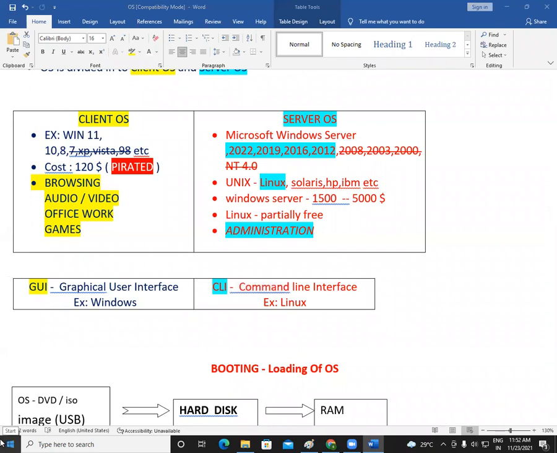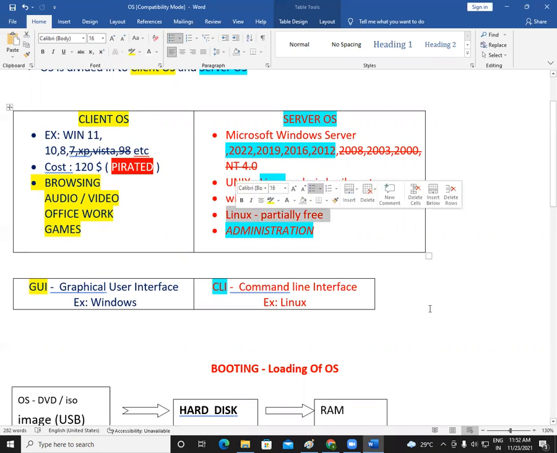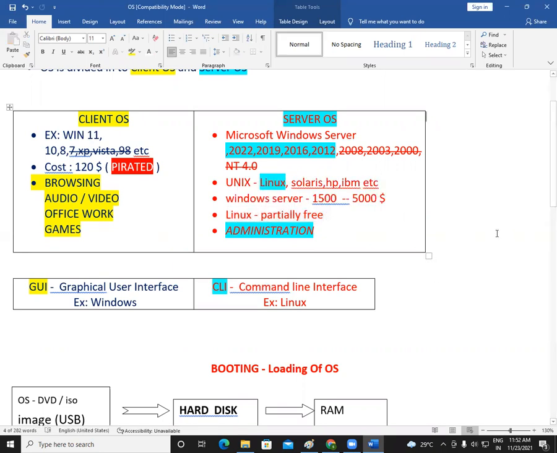There is a question here: why did you mention Linux is partially free? Explain. See, I said Linux is partially free. Normally people feel Linux is a free operating system. Whenever people talk about Windows, they say we need to pay a lot of money. And whenever they talk about Linux, they say Linux is completely free. Linux is not a completely free operating system. Actually, the concept is the Unix kernel is free. In general terminology, Unix has a formula, and that formula is free. You can use that formula and make an operating system for yourself.